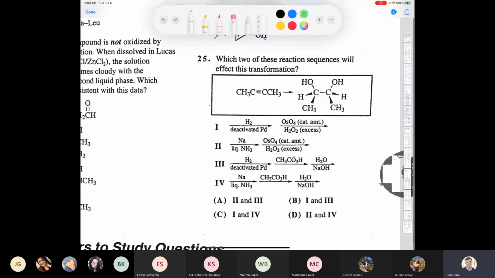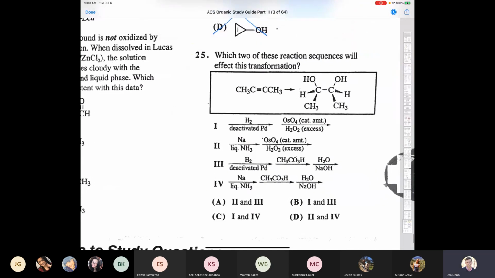Let's try one more question. This one's kind of a long one. This one I would definitely need to bust out the scratch paper for. But it says, which of these two reaction sequences will affect this transformation? And you see you got a whole bunch of different options here. H2 deactivated palladium, so on and so forth. So what I'm going to do is